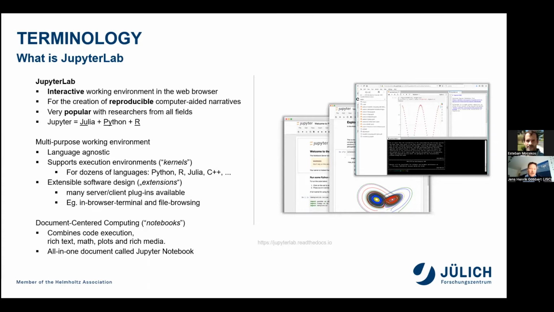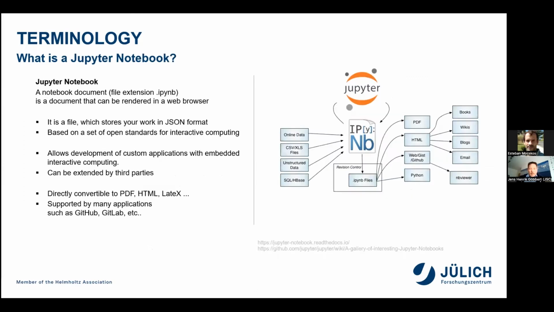JupyterLab is document-centered computing. That means you have one document, which is this Jupyter notebook. In this one document, you can add rich text, math, plots, media, so movies, and so on. All in one document, and this is called a Jupyter Notebook. The Jupyter Notebook is a document with file extension ipynb, and it's a document that can be rendered in